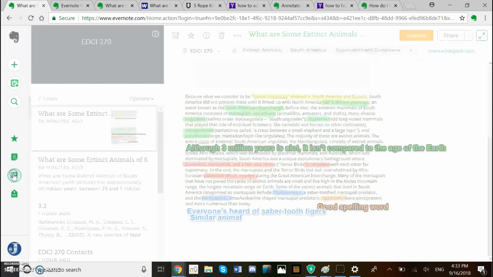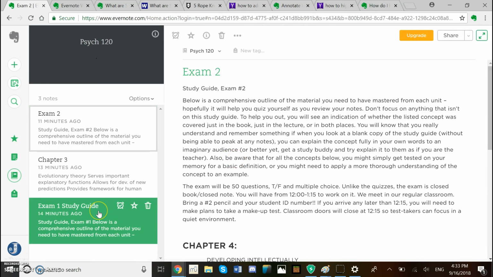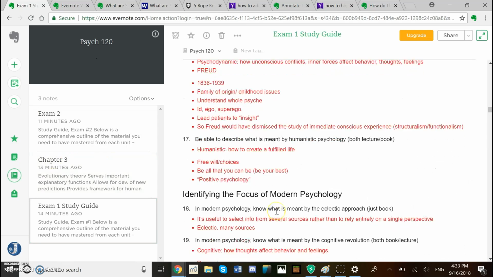My other folder is for my psych class, and it also has more notes that I